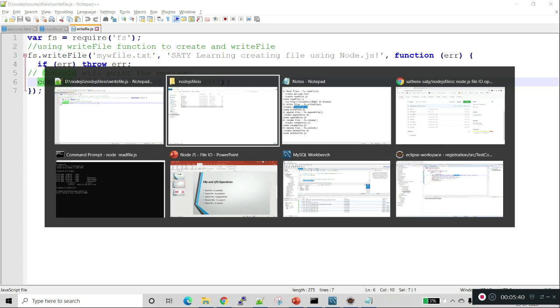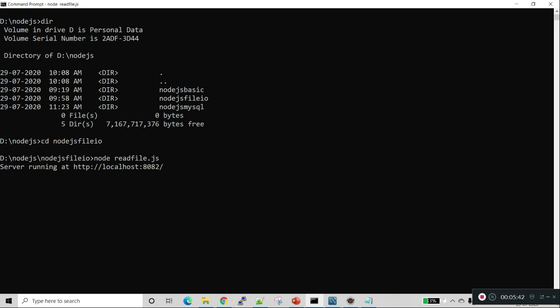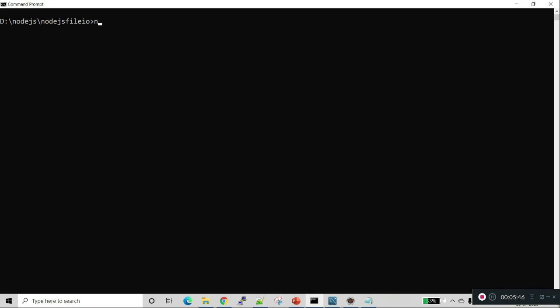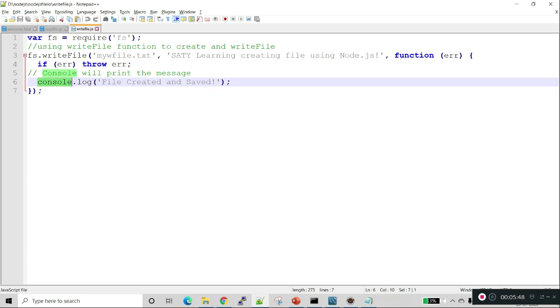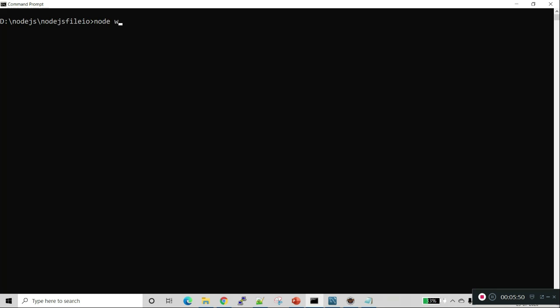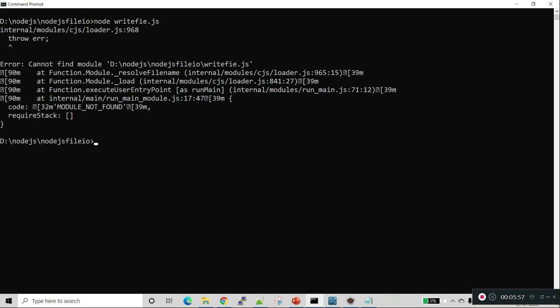So let's run this program. There is one error, so let's resolve this problem. The error is the file name is not there.